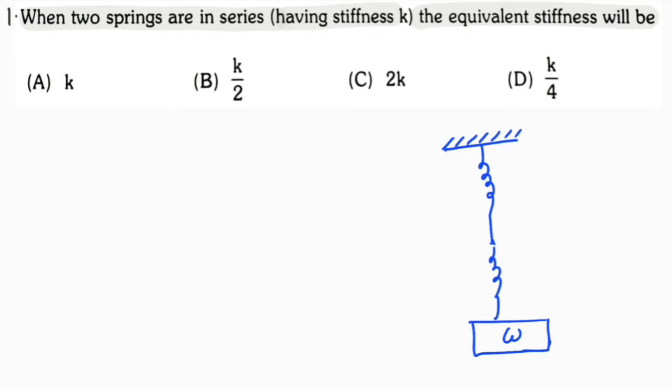Now here it is given, let this be spring 1 and spring 2. The stiffness of each spring is K. That means K1 equal to K, K2 also equal to K. Stiffness of spring 1 is K1, stiffness of spring 2 is K2. Given equal stiffness, the equivalent stiffness